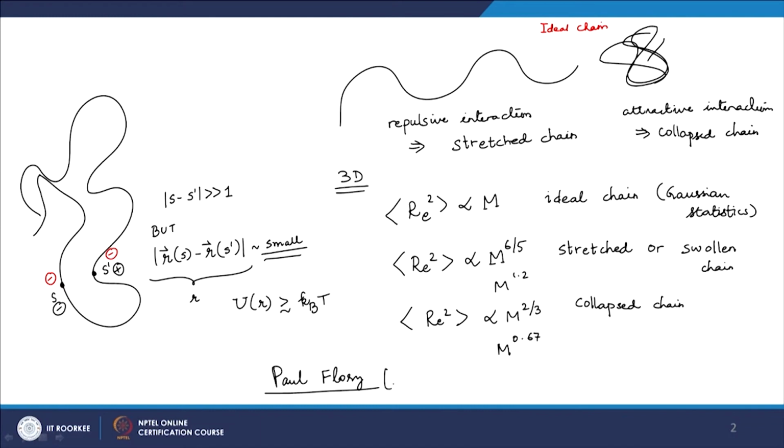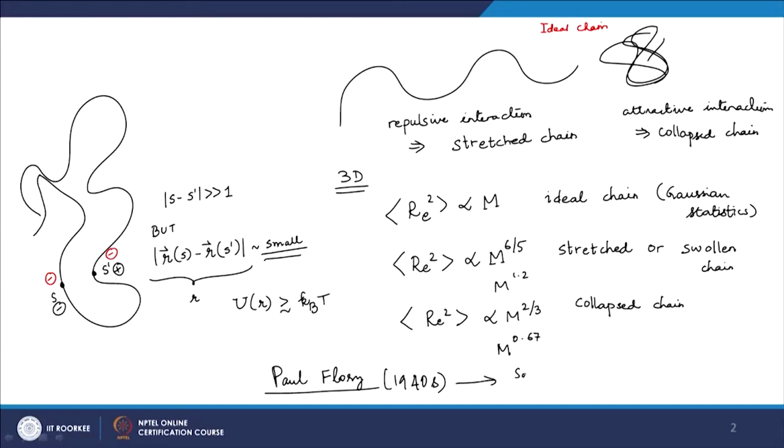Back in the 1940s, he derived the scaling law, at least for the case of the stressed chain, and he had a very interesting and very elegant yet very simple theory based on scaling ideas that gave rise to these particular relations. Much later in 1960s and 70s, there was